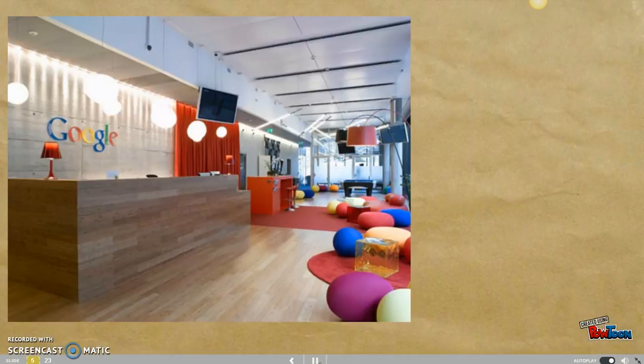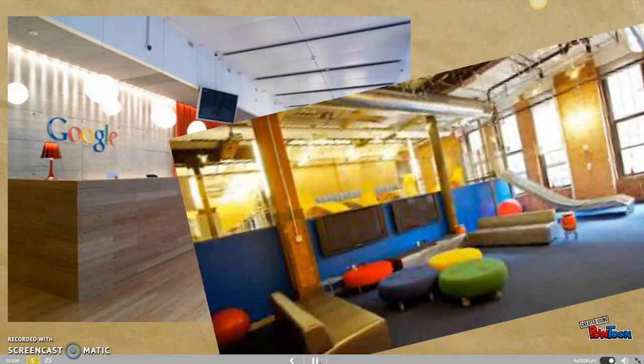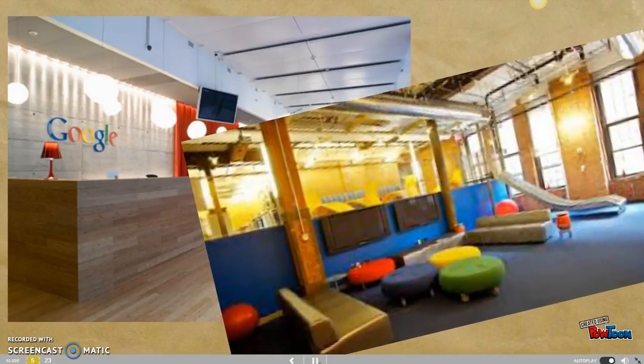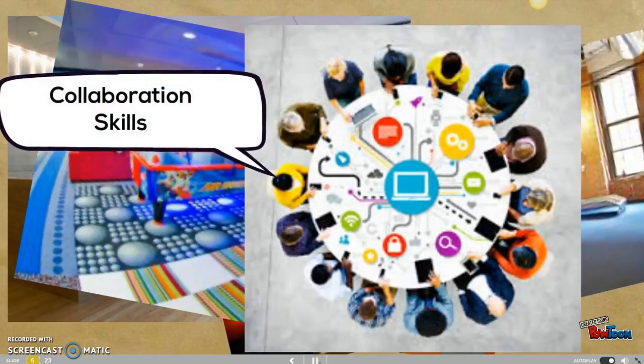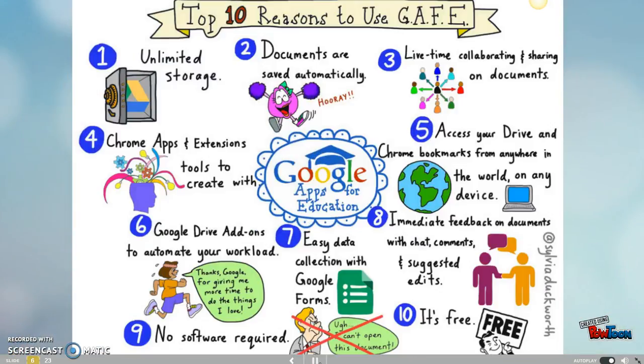Google's mission is to organize the world's information and make it universally accessible and useful. Everyone employed at Google is a hands-on contributor and feels comfortable sharing their ideas and opinions. Their offices are even designed to encourage interactions between Googlers within and across teams and to spark conversation about work as well as play. This is relevant in terms of collaboration and communication skills that will be needed in a changing workplace. Google Apps for Education, or GAFE, was launched in October of 2006.